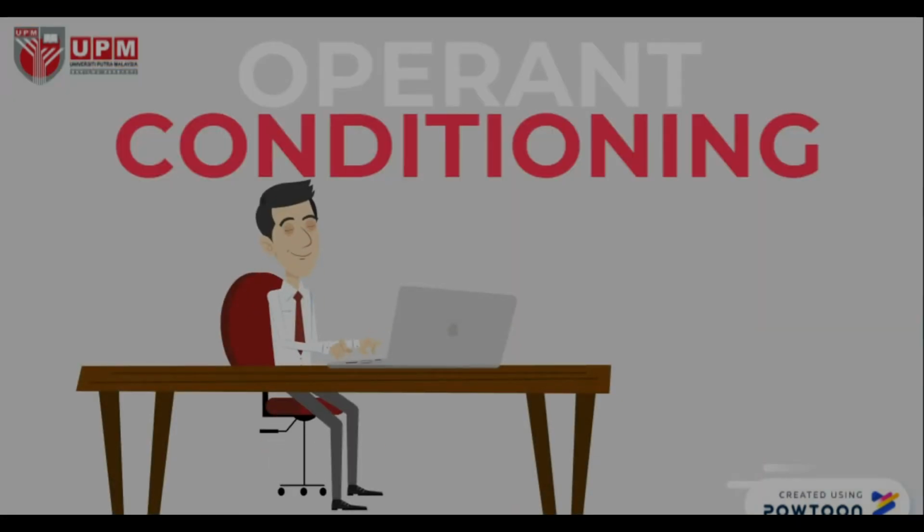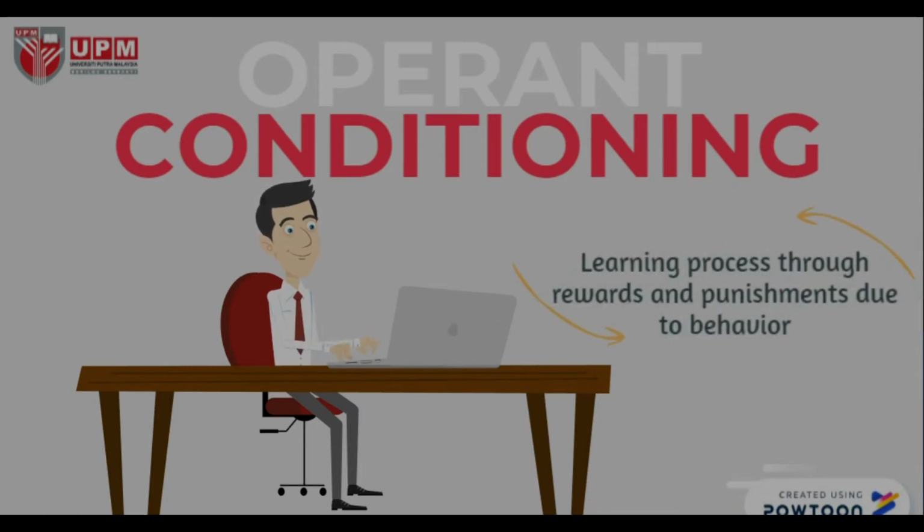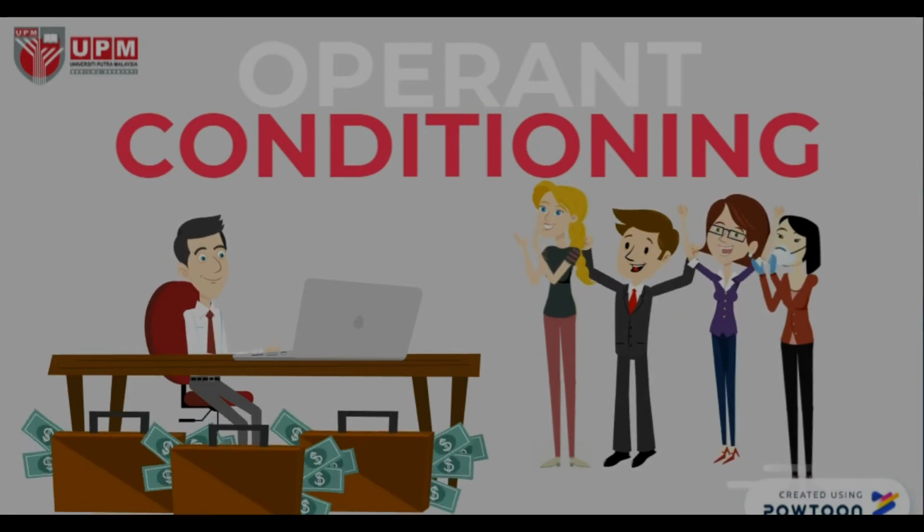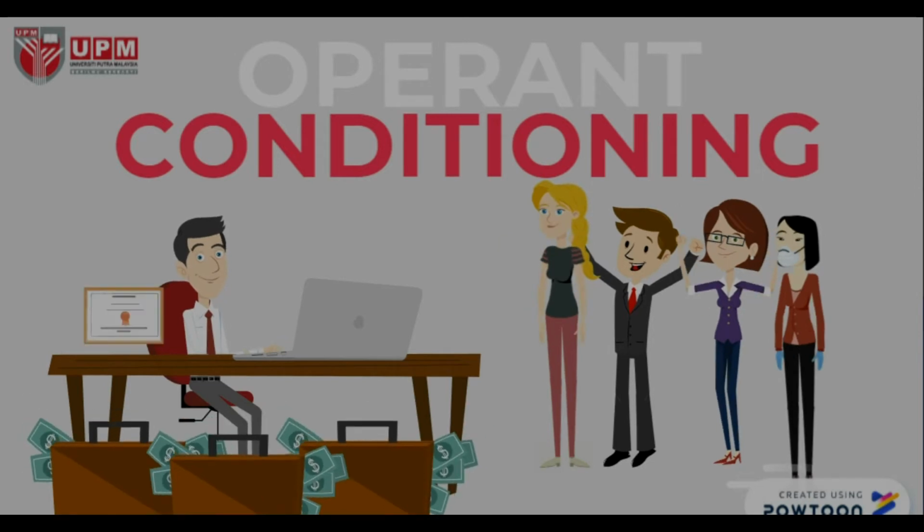Operant conditioning is where a person develops his or her behavior when getting praise from others and a good outcome from the work that has been done. Like Mr. Sen, when he gets positive support from his friend, he works even harder to earn a lot of money and be promoted to a higher position.